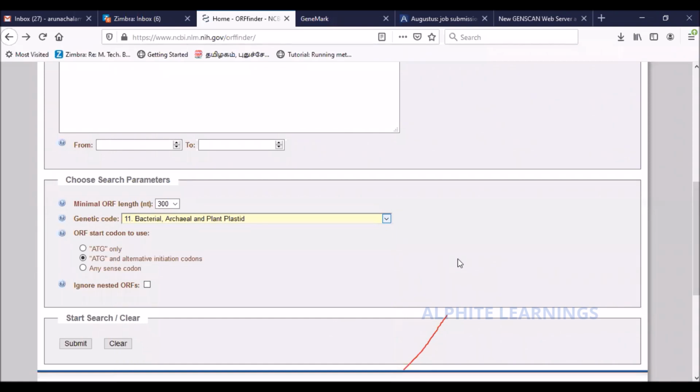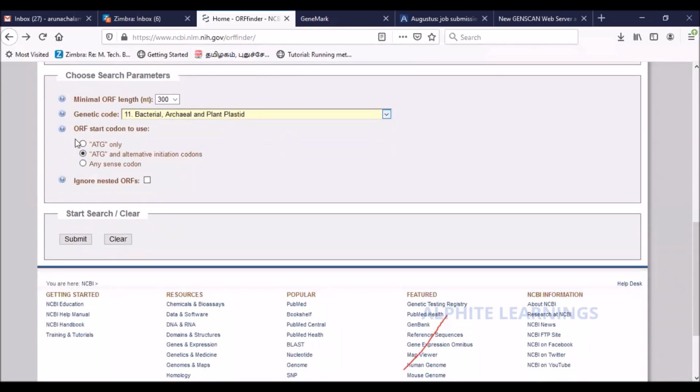And what we can do is we can also check one of these options. Normally, in 98% of cases, the start codon is ATG only. All right, but rarely, this is textbook material, we would have studied that.